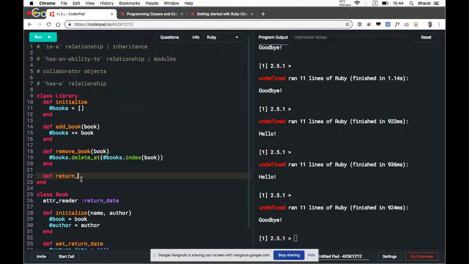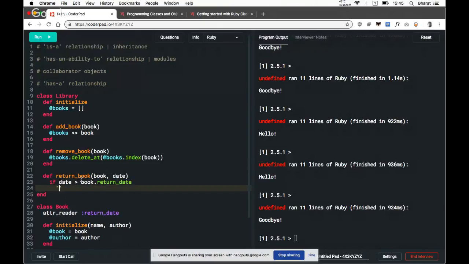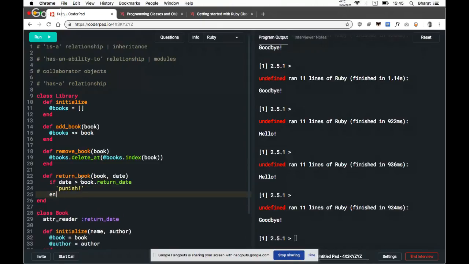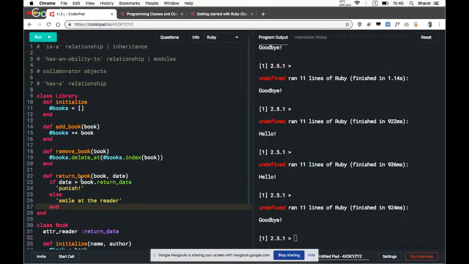Now we can start return book. If book.return_date is greater than book.return_date, then you can punish whatever you want and smile at the reader end.